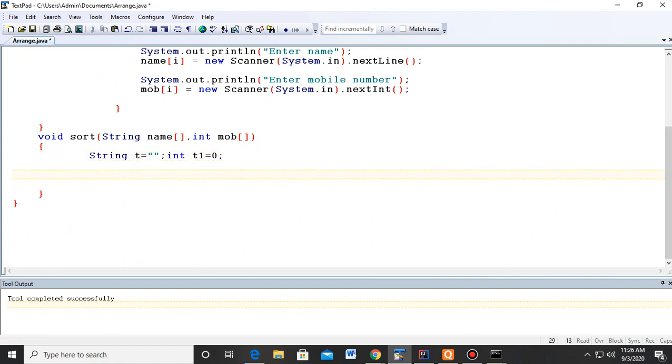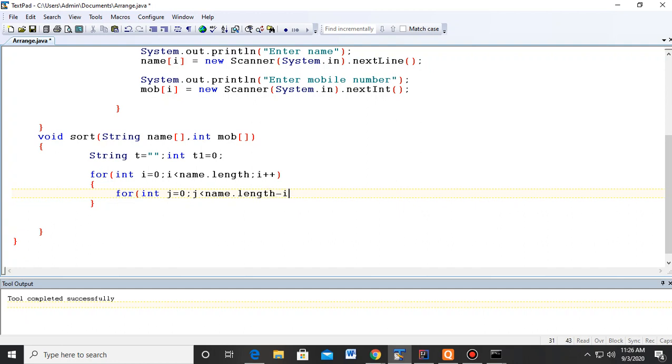And earlier I told you that for sorting we need to write two loops, because a minimum of two loops are needed for arranging the elements. So this loop will go from 0 till less than name dot length, and then another loop will go like this: j from 0 till less than name dot length minus i minus 1, j plus plus.